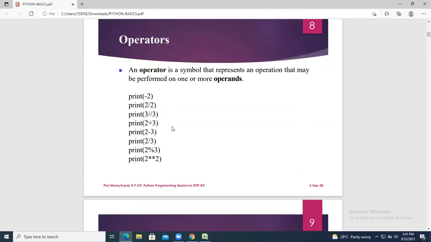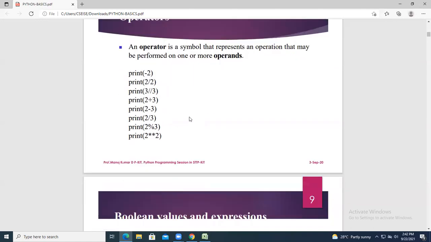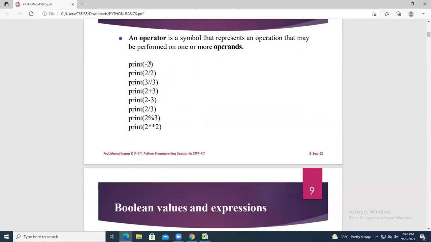Next, operators. An operator is a symbol that represents an operation that can be performed on one or more operands. So you can simply take an operator. Print of -2 will print -2. Print of 2 by 2 will give 1.